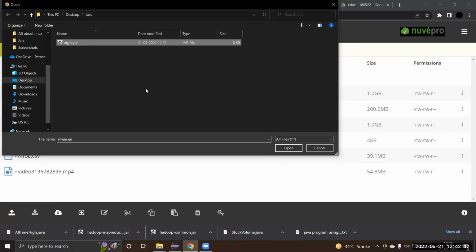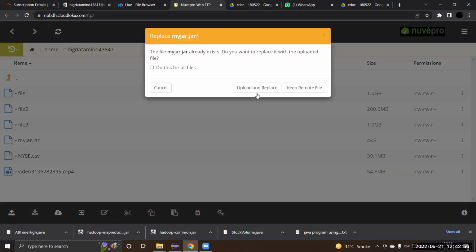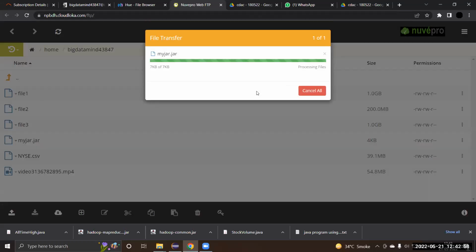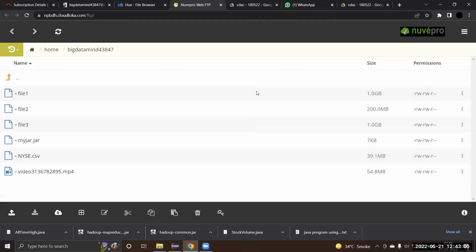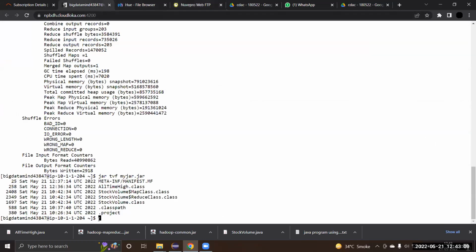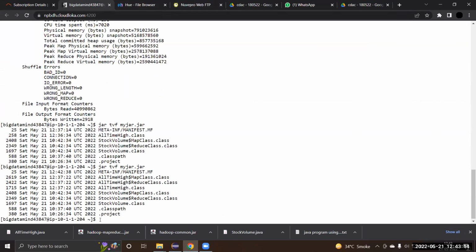ये डेस्कटॉप से ले रहे हो, वो आपका जार कहीं और जगह सेव है। यही सेव है क्या? 1242 का यही है, राइट, गुड। ओपन करो, अभी हुआ ना 7 KB? हाँ सर, वो पहले भी हुआ था सर, 7 KB। अभी चलो ना उस पर, टर्मिनल में जाओ। पहले 4 KB दिख रहा था भाई, वो कोई बोला 4 KB दिख रहा है, अभी आया ना सब, ऑल टाइम हाई।